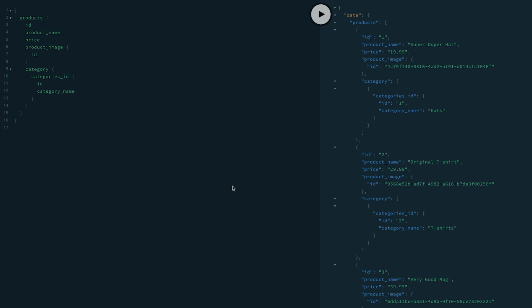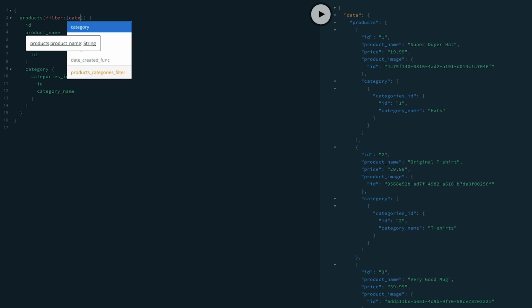Before we begin doing that, let me just show you how filtering in Directus works. We are going to be using GraphQL Playground for that. Currently, I already have a query right here, and if I click play, I'm going to get all of the products. So I already showed you this. So what if we want to get the products that are just in, for example, the hats category or t-shirts category and so on? So what we need to do is we need to add a filter right here, filter. And then we want to say, okay, filter that by category. So that is